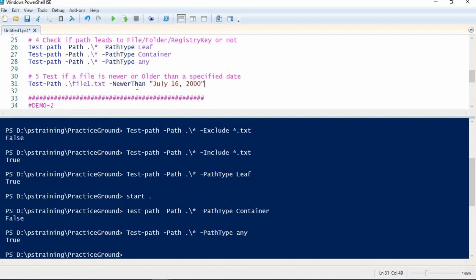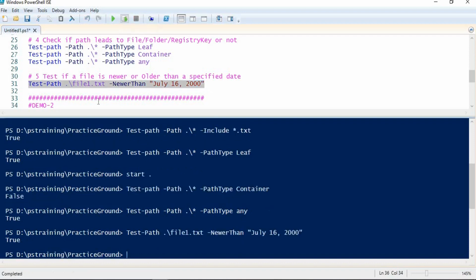If I try to run this, let me guess what the output would be. I created this file today only, and I'm trying to compare if it is newer than this date. Yes, of course, because this date is from the year 2000, so I should be getting true for this.